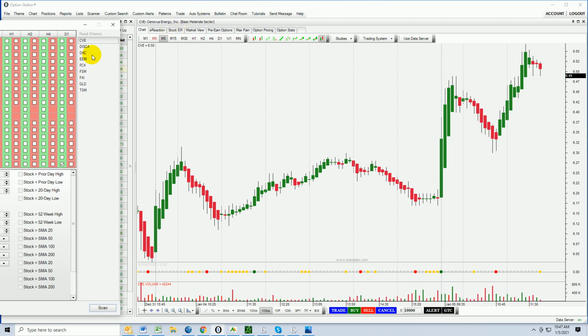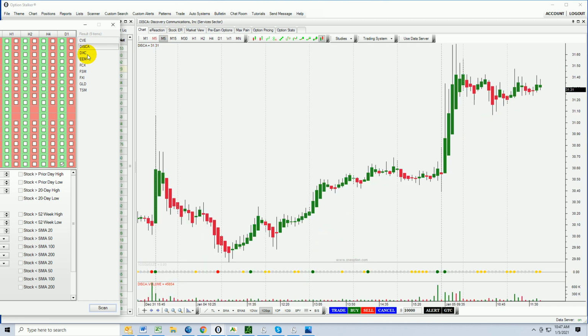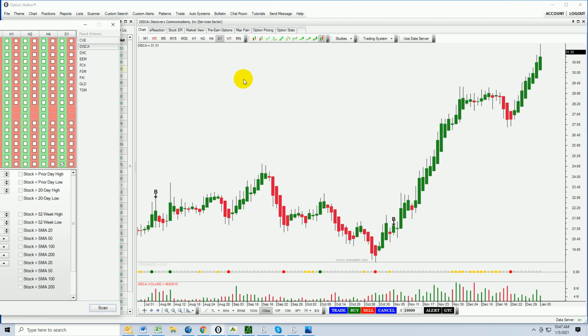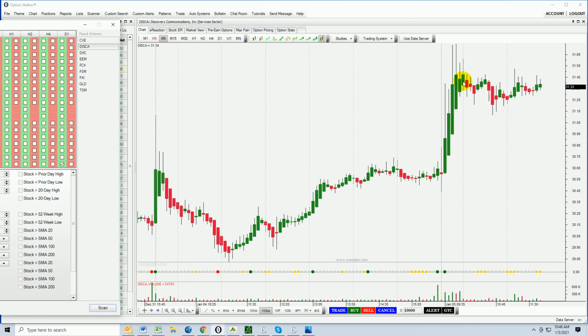Let's go to the next one, DISCA, and take a look at that daily chart. There's not a whole lot going on right here on a daily basis, okay? But you can see this really nice breakout here through horizontal resistance. Lots of green candles stacking up, but it hasn't given you really anything to work off of because the stock is currently in a compression,